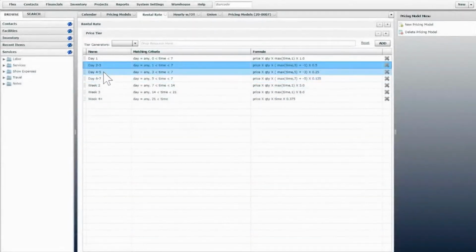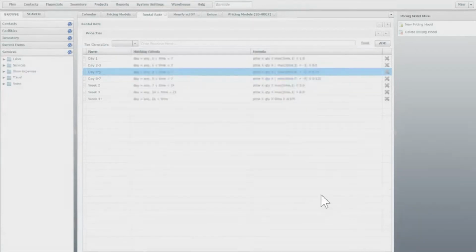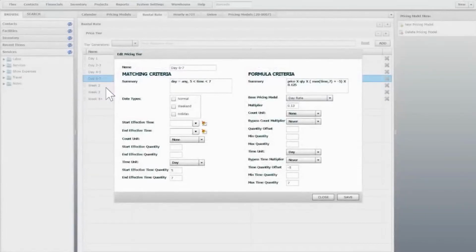We're going to do the same thing basically in day 4 and day 5, where we've just pushed ourselves up to 3. We've gone down to 0.25%, a quarter of the day rate, and then 3 and 5 is our max. So again, we have the ability to charge for 2 days, but we're charging for the 4th and 5th day on this. And then for 6 and 7,